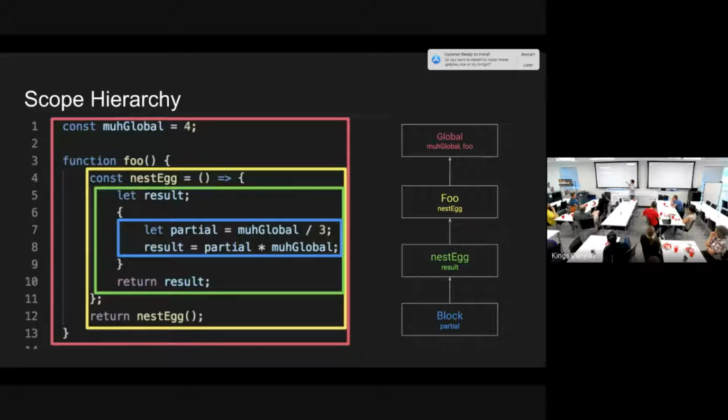If I had used var there to declare partial, then this diagram would be a lot uglier because then partial would belong to the scope of nest egg, right? So then I'd have to extend my green box. It wouldn't be a box anymore. I'd have to get partial in it. And then I guess blue wouldn't even exist because there would be nothing in the scope of blue. But anyway,